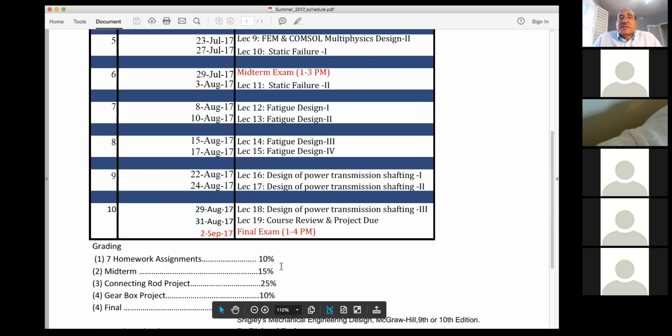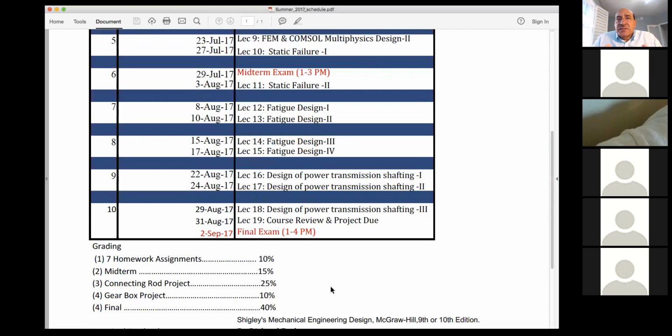And then we put significant emphasis on design projects. So we have one design project that is big. So this is the main design project, and this design project is the design of a connecting rod of an internal combustion engine. So you will be asked to select a car engine of your choice.